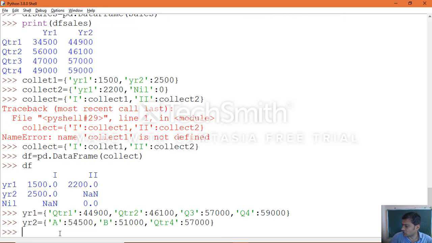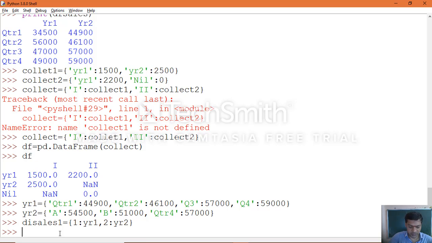Now create the dictionary object. Dictionary sales1 equals 1 colon year1, comma, 2 colon year2. Close the dictionary.